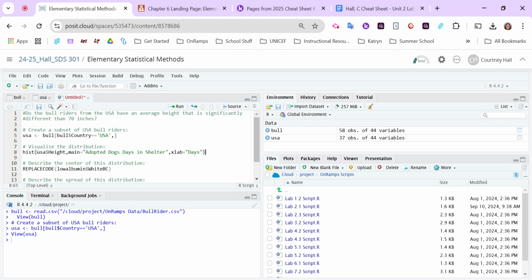So where it's main, that's where your title can go. So our title is the height of USA Bullwriters. And so the X label, I'm not quite sure. I'm thinking it's inches just because of the question here, but it is good to know that if you're wondering what the units